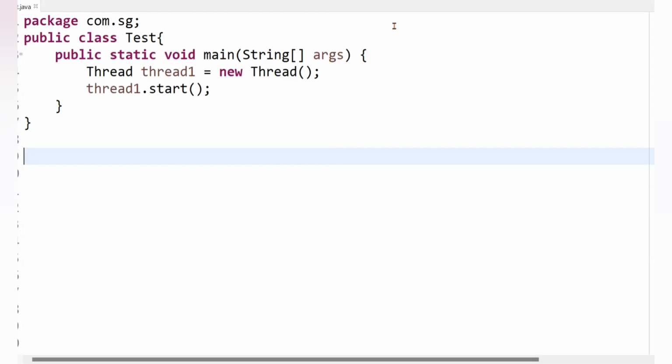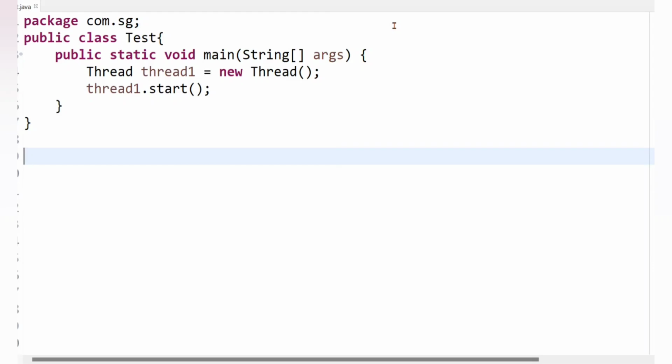And then the JVM allocates a new stack for the new thread, because each thread has its own stack, and then schedules the new thread for execution with the help of the thread scheduler. Once the thread scheduler allocates CPU time to the thread for execution, the run method gets called internally and the thread starts executing the code written inside the run method.